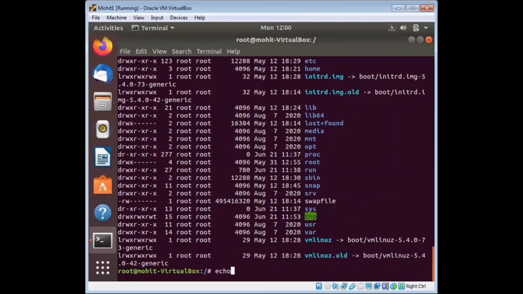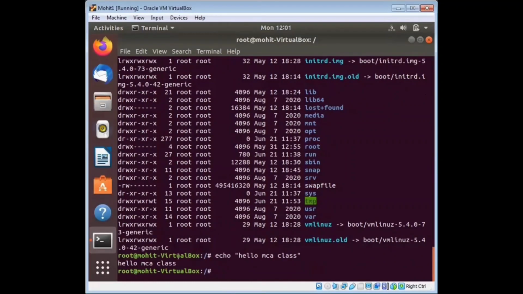The syntax of the echo command is you just type echo and a string. You type echo, a space, double quotes, hello MCA class, close the quotes, then press enter. You see hello MCA class. So the echo command prints the given input string to standard output.